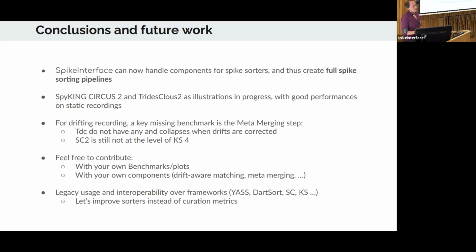Well, so first, with synthetic recordings, you can generate the data according to your needs. So if you want to increase firing rates or the duration and so on and so forth, you can. Those benchmarks will allow you to provide plots of all the steps all across the way.